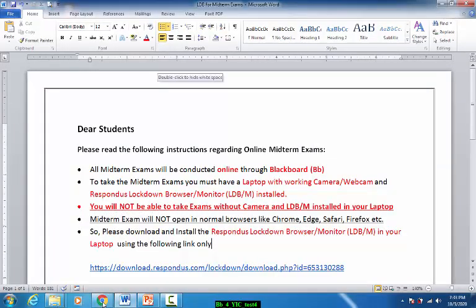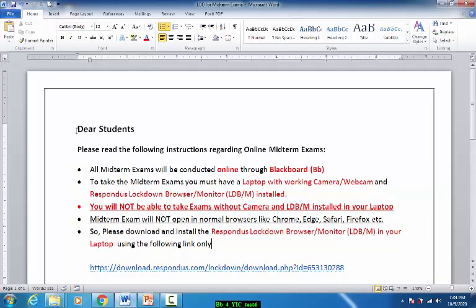It is not only the teachers who are not familiar with Lockdown Browser; even the students are not familiar with it. So first we have to tell the students that they need to download the Lockdown Browser on their computers and install it. Once they install it, we have to give them a practice test to practice with the Lockdown Browser. All the instructions of what they need to do I have written here, so let me go through this fast.